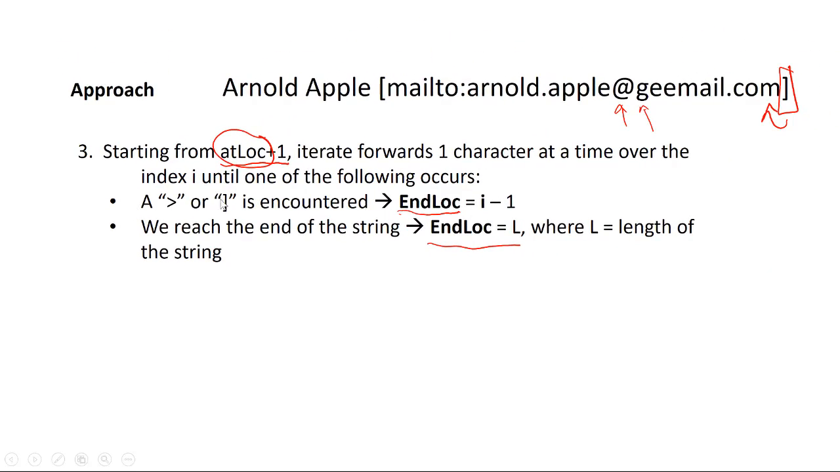So now let's work on the end location. We're going to start at the at location. We're going to go plus 1. We're going to start at the G. As soon as we find the greater than sign or the right square bracket, the end location is equal to I minus 1. We back up one location. Or if we don't find any of those, then that means that our email address is already in the format that we need, and we've reached the end of the string, and then in that case the end location equals